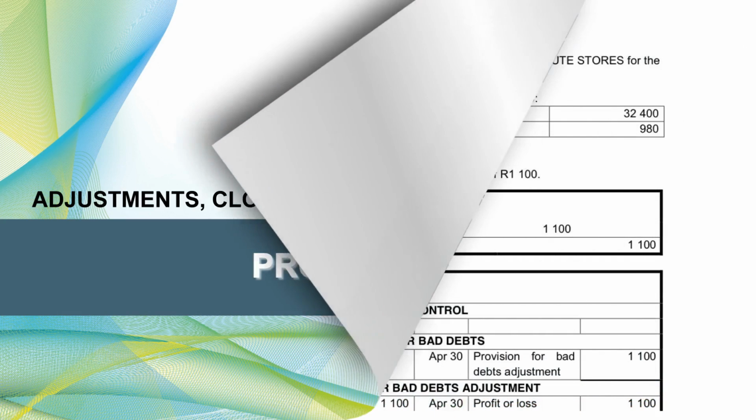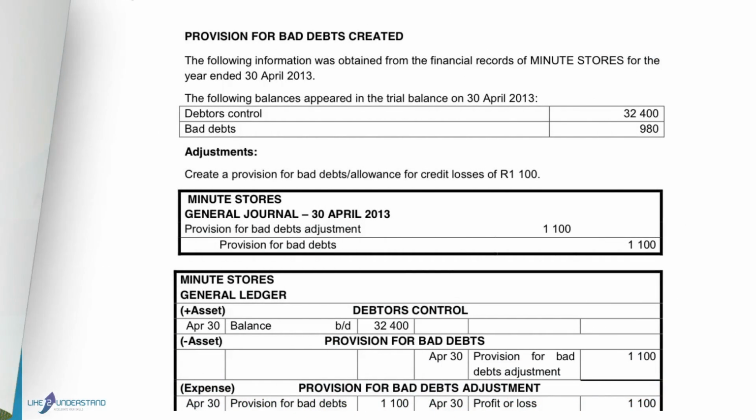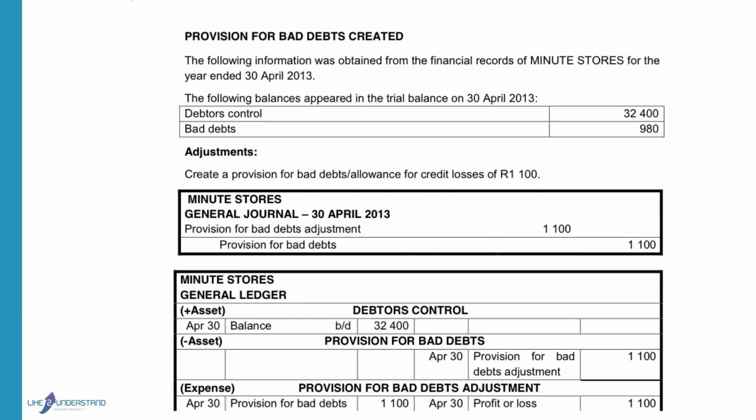Good morning. We will start with provision for bad debts today. The first year that we create a provision, it means that we make provision that people will not pay us in the future and that the business will lose some of the money because they will not receive this money